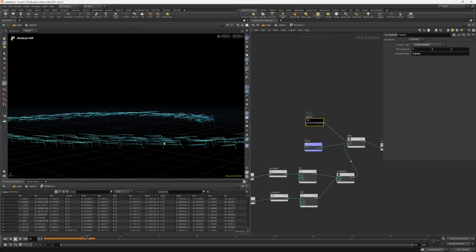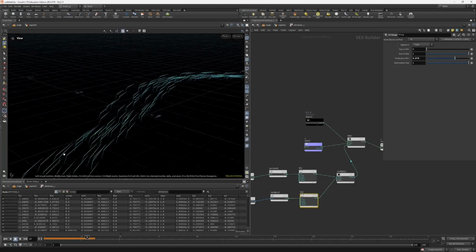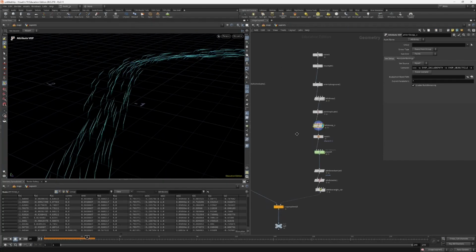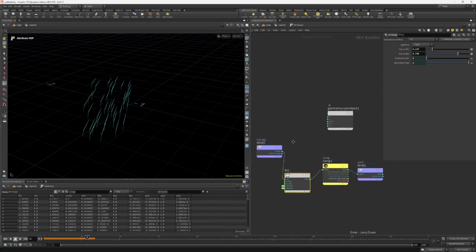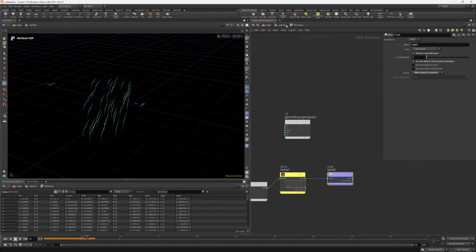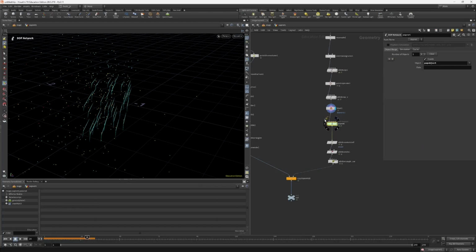And you could dial this in and out to get more of a direction. You can see as I do that with these random attributes, it will orientate itself a little bit more in the direction where we're going. And then I'm just blasting out the emitter area. So that is this setup over here. I'm exporting a bind emitter. And then just running it through a basic particle setup,